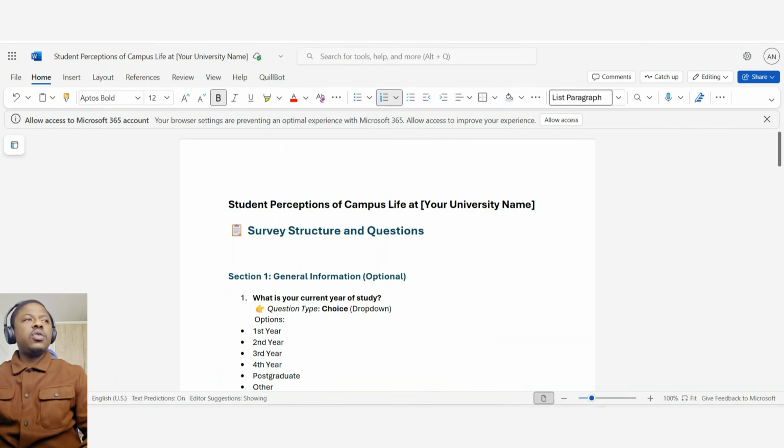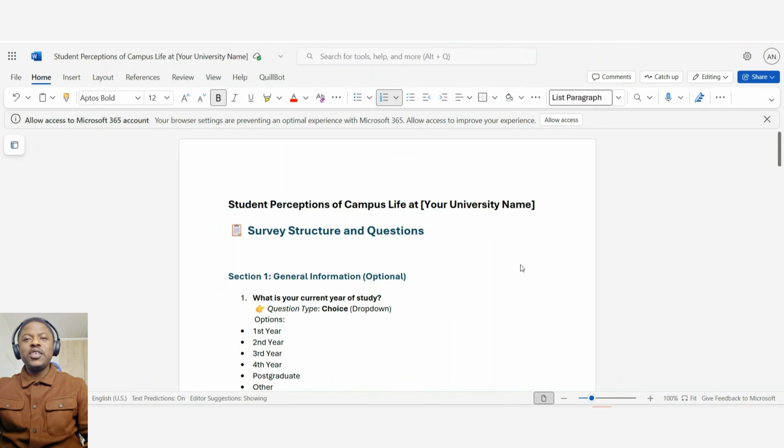All right, so what we're going to look at today is just how to create a Microsoft Forms survey. The Microsoft Forms survey we're going to be using will be from our design. So from looking at the screen, my suggestion is, whatever study that you're doing, you have to have